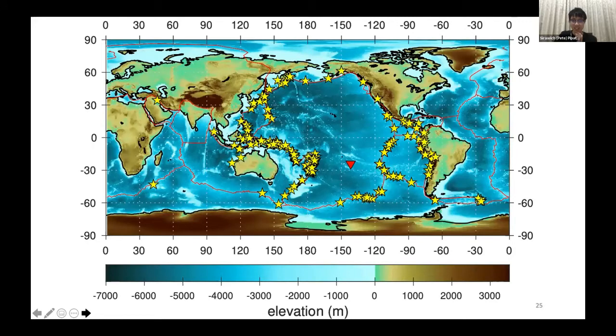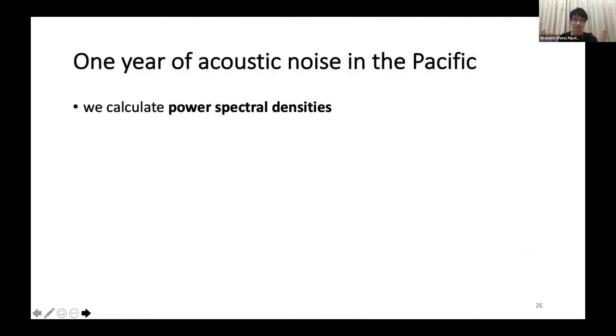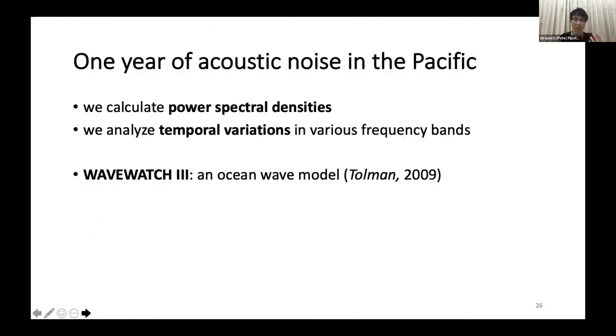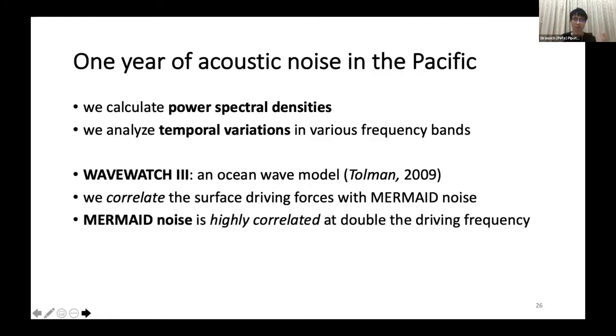And here's the spatial distribution of the earthquakes that I can match. Most of them are around the Pacific Ocean with a few exceptions. Next slide, please. So after we remove all the earthquakes from the buffer, we calculate the power spectral densities of the ambient noise